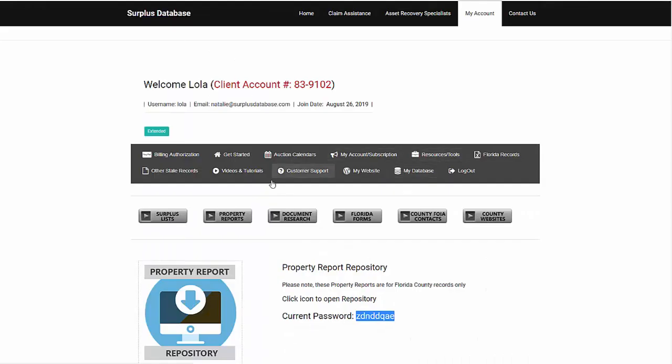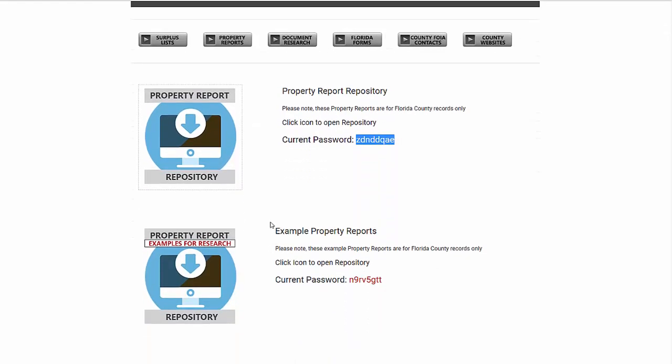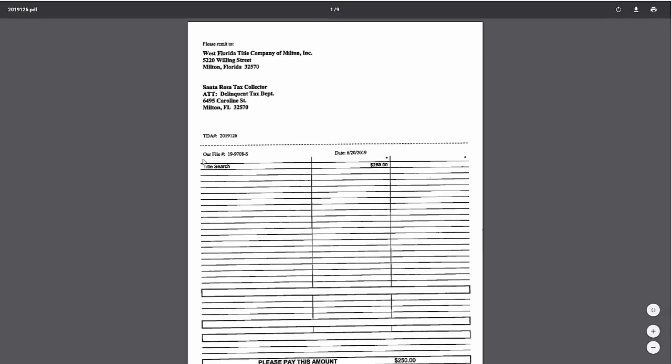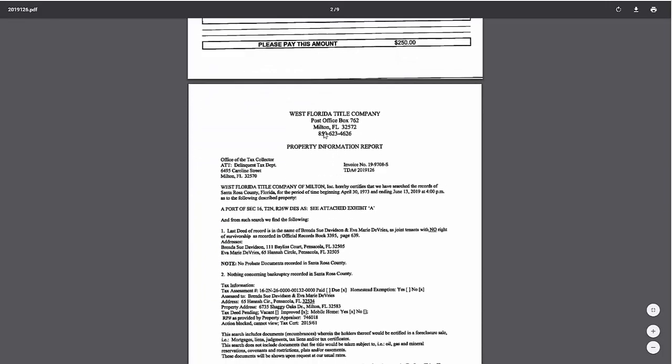Now, back on the property reports page on Surplus Database, if you scroll down, you'll see the example property reports repository. If you use this password and click into this repository, you will see a sample for each of the county's property information reports with our markup and notes showing you where to look on the property report to find the information you need. So here is the property information report for Santa Rosa, and I'm going to scroll down